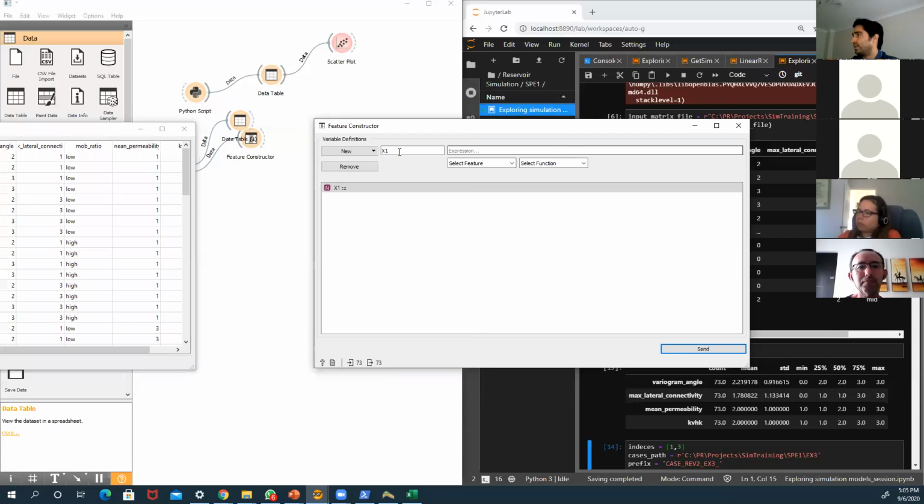And so I'm going to create a mob ratio corrected. And I'm going to use a mobility ratio, of course, but what I'm going to say is mobility ratio, if I'm not mistaken, 1 if mobility ratio is equal to low,